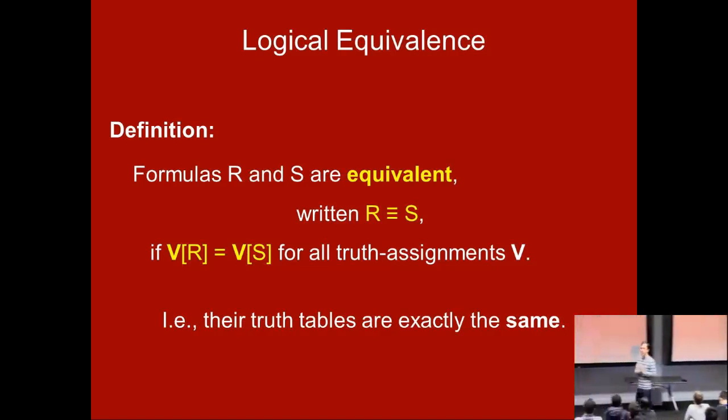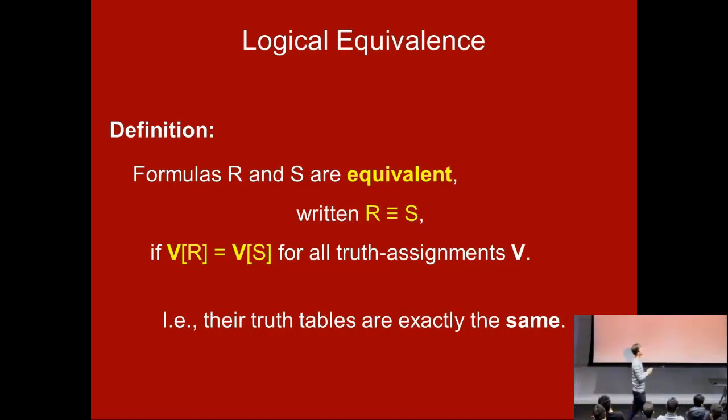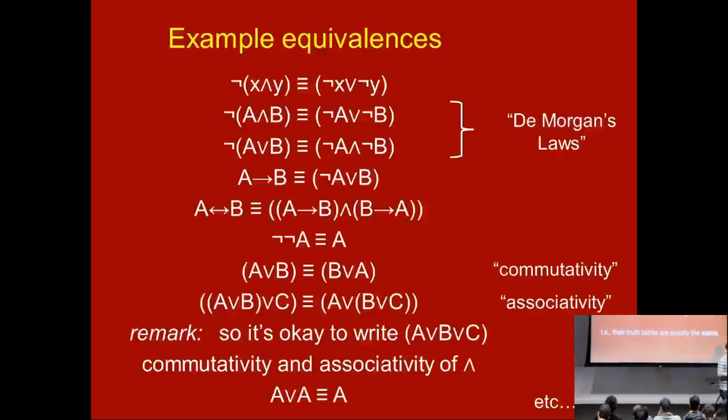Let me mention one more concept here, that of logical equivalence. This is a pretty easy concept. Sorry, though, for the lot of definitions. Oh, busted again. Minus 1 to me. Two formulas R and S are said to be equivalent, and we write R is equivalent to S with these 3 lines. This should be a V again, sorry. If they have the same truth value for every truth assignment. So they're different formulas, but if you do the truth tables, they're exactly the same. So really, they represent the same logical concept, just expressed in different ways.